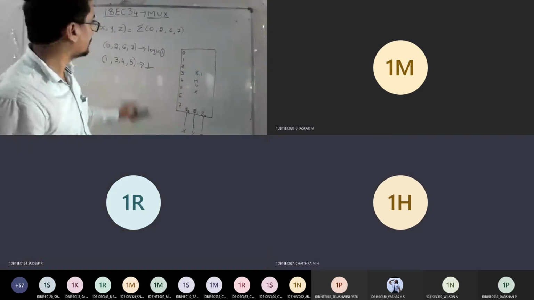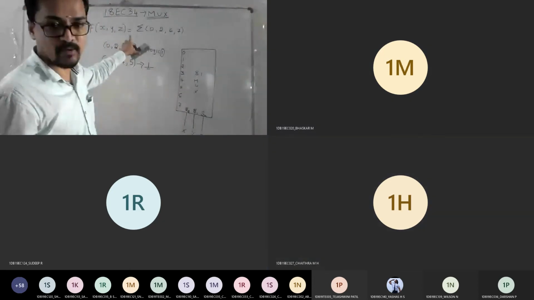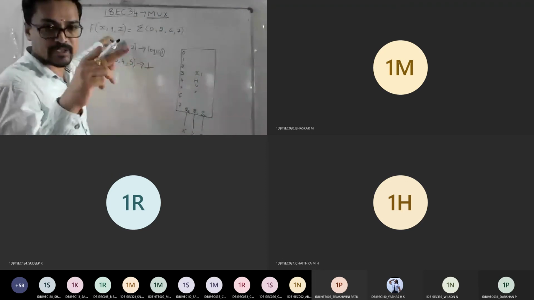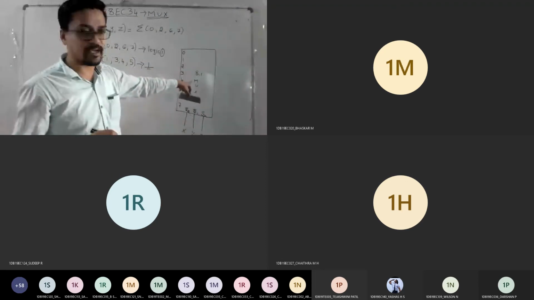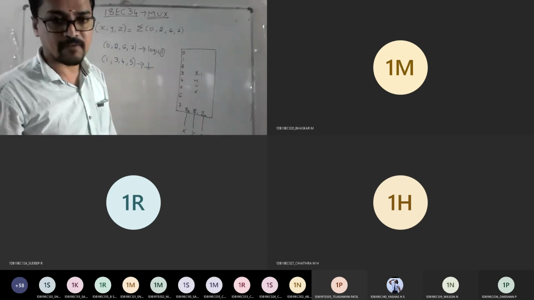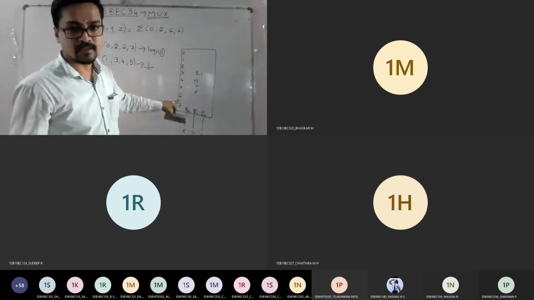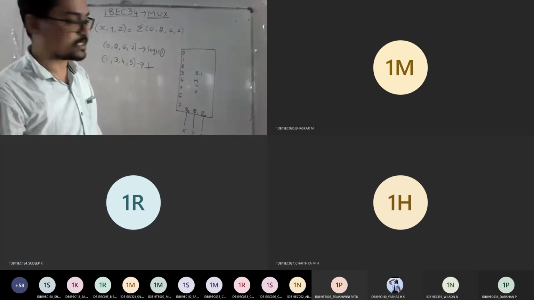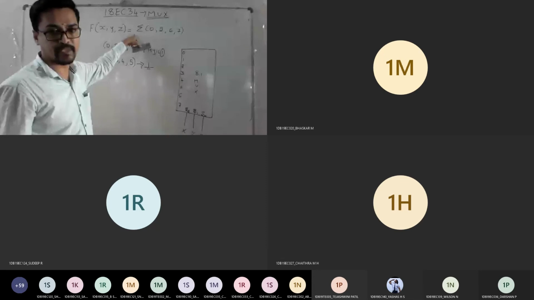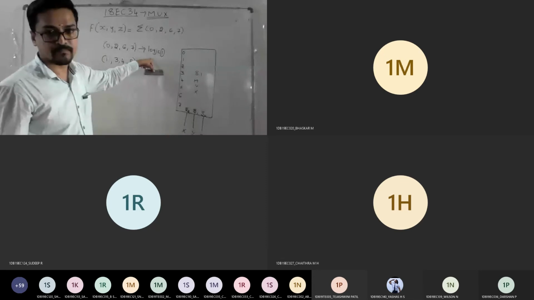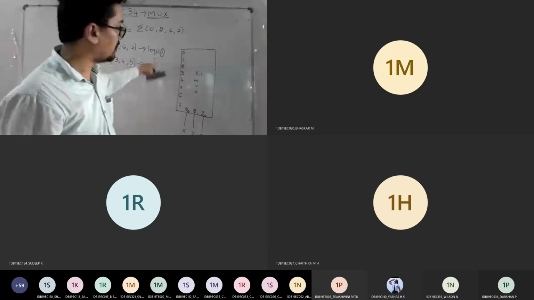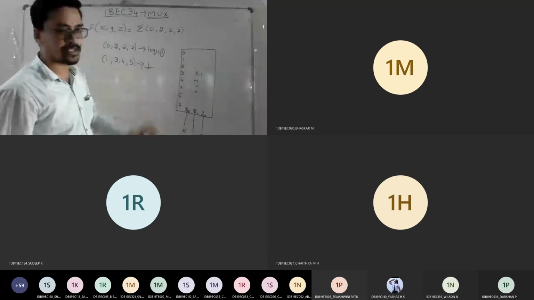So first thing is you need to debug what type of mux I want. So logic is 3 variables, 2 power 3 is 8 inputs. So you got the idea that you need to make use of an 8 is to 1 mux. After that, just mark the pins. Then I need to do the connection. For connection, the second step says whatever the question says, since it is a minterm, I should connect to logical 1. Logical high means it's like a supply. And the remaining pins should be grounded.